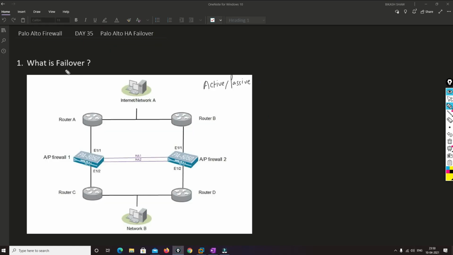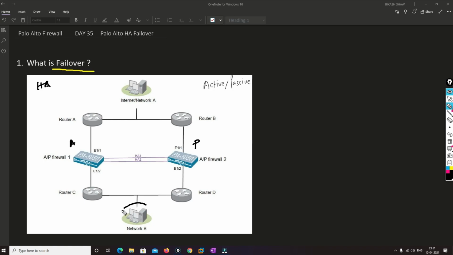So friends, first of all, we'll try to understand what is failover. In HA, we have one active and one passive. The scenario I'm talking about right now is active and passive in high availability.